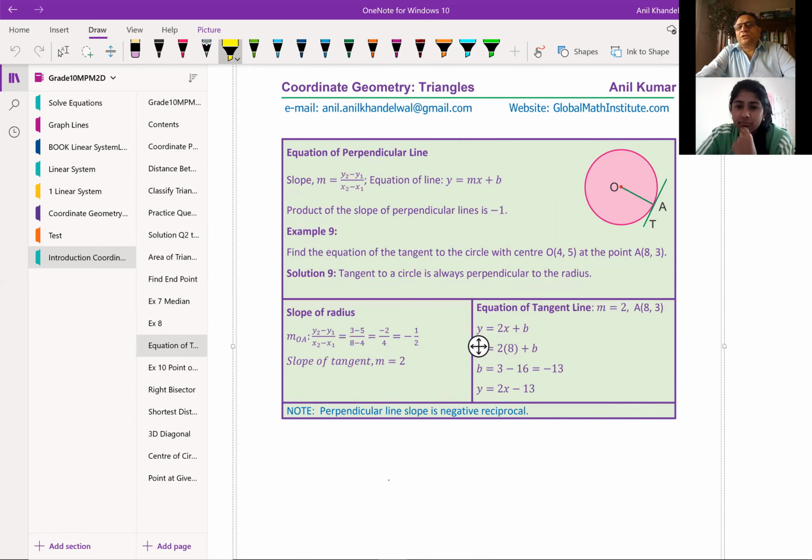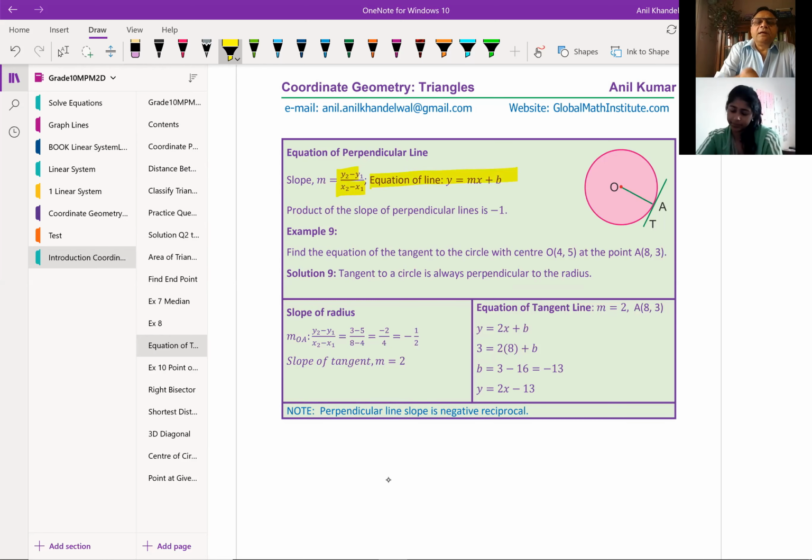Now, we are coming to your circle. Slope m is given to you as y2 minus y1 over x2 minus x1. Equation of the line is y equals mx plus b. And we also know that for a perpendicular line, the condition is that the product of the slopes is -1, right? So negative reciprocal is the slope of a perpendicular line. Perfect. So that is kind of a review before the question, which is: